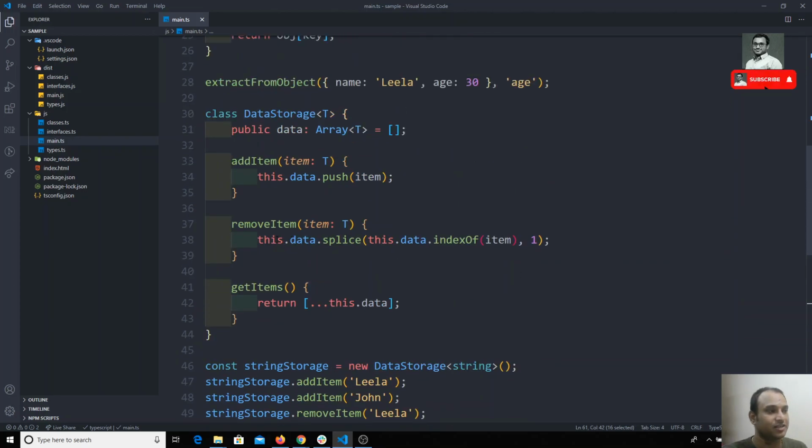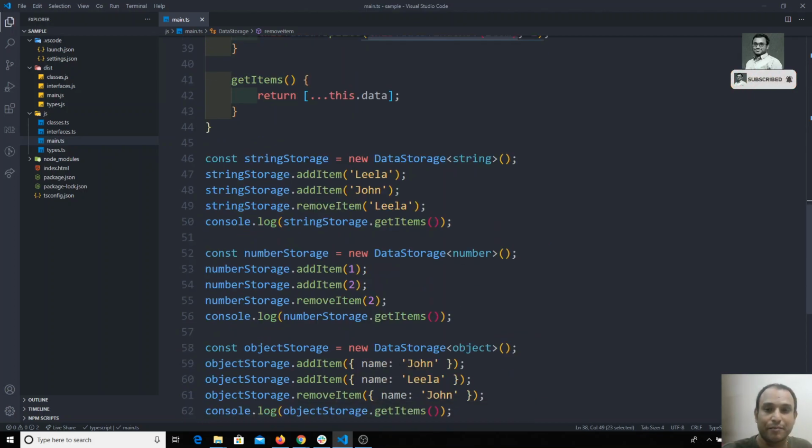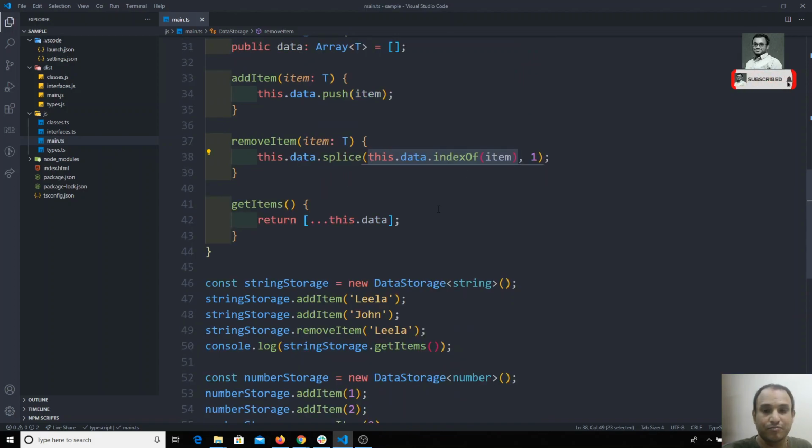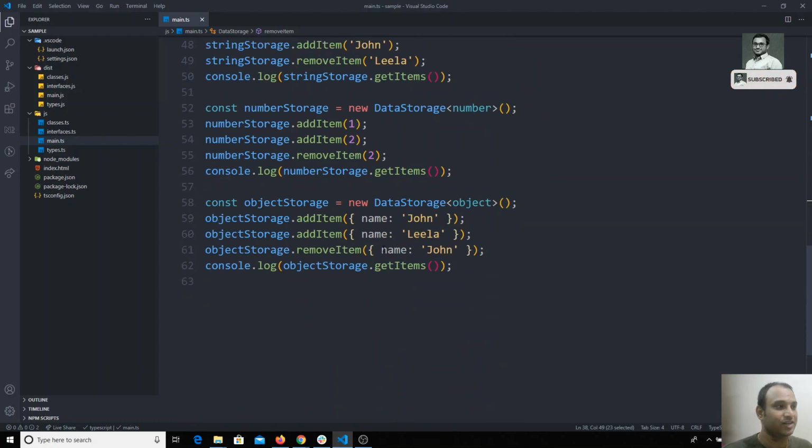So for that reason, here this data.splice, if you are going to get the index of that item, in this array you will not be storing this object directly. You will be storing the memory location of that one in this array. In this array of objects, you are storing each value in the memory location, not the value. So for that reason, see, John has not gone.